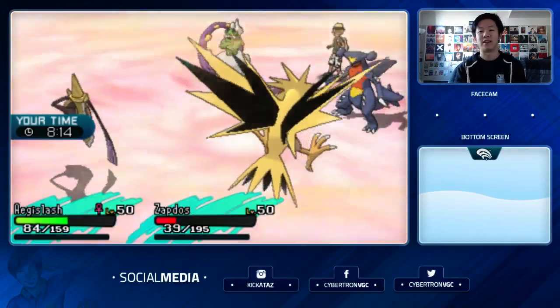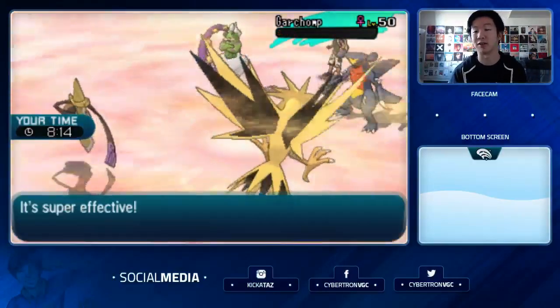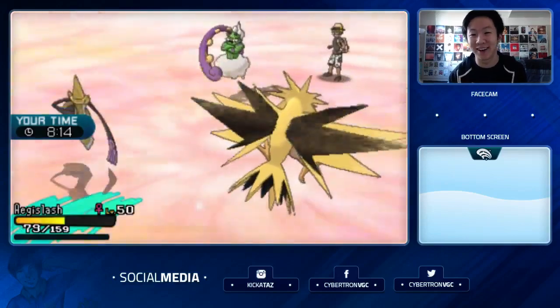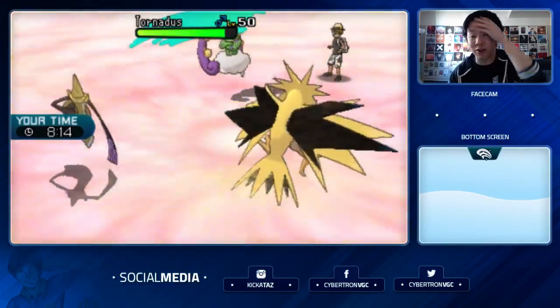Okay, Zapdos flinches, which kind of sucks, but I get the more important attack off. The HP Ice here actually dunks the Garchomp. Oh, Life Orb HP Ice Aegislash. What? Brilliant, brilliant. I was like, I don't have a way to knock out Garchomp super effectively right now, and